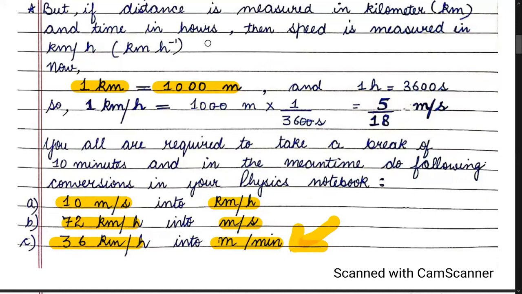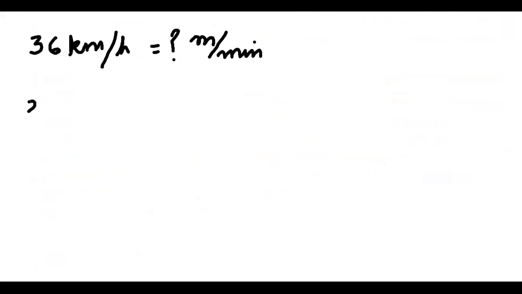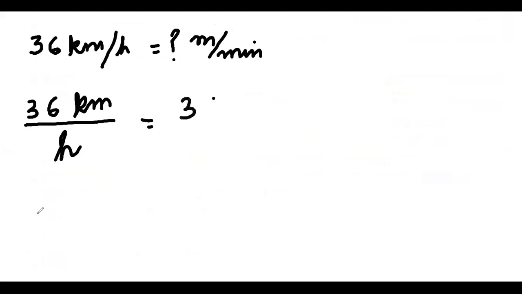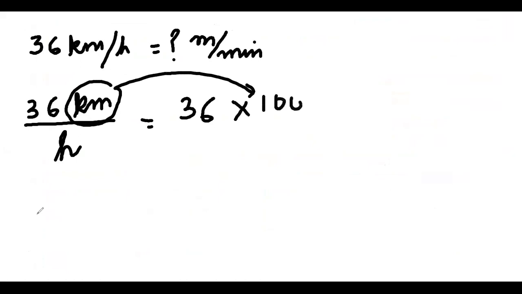We are having the third part as 36 kilometer per hour, which needs to be converted into meter per minute. So how to do this question? You write down 36 kilometer. Per means divided by hour. So let's keep 36 as it is. 1 kilometer you are having 1,000 meter divided by